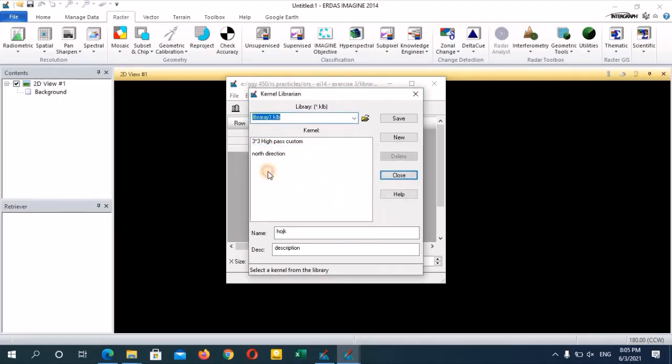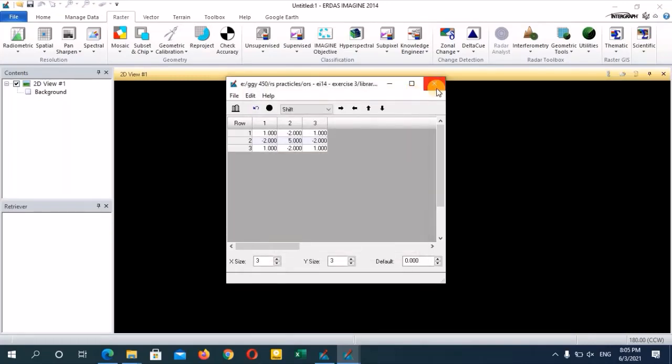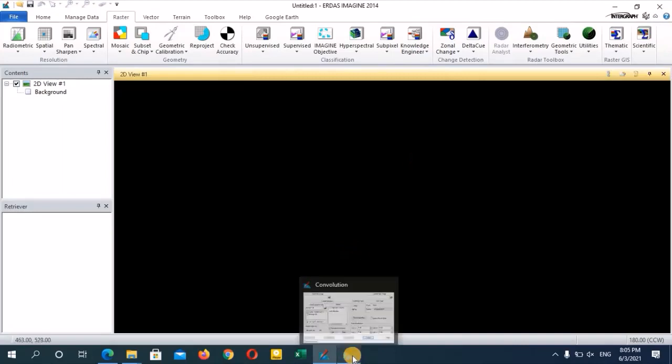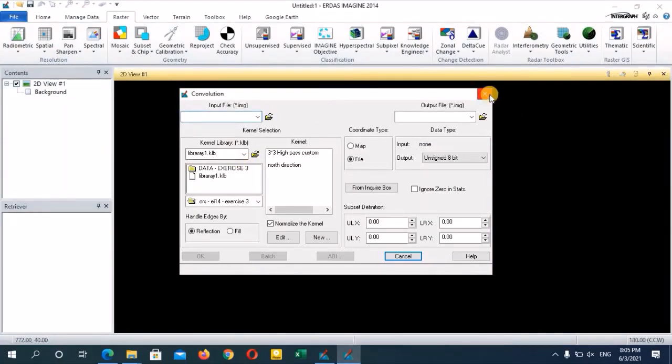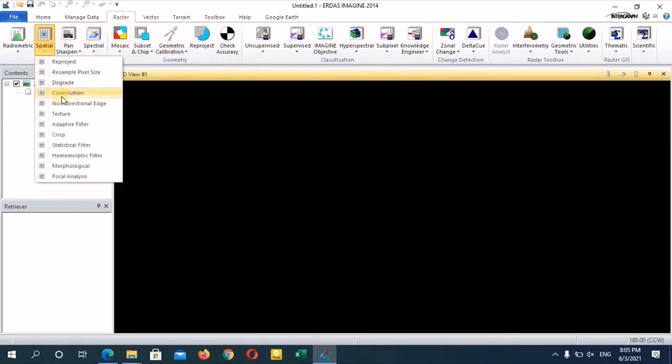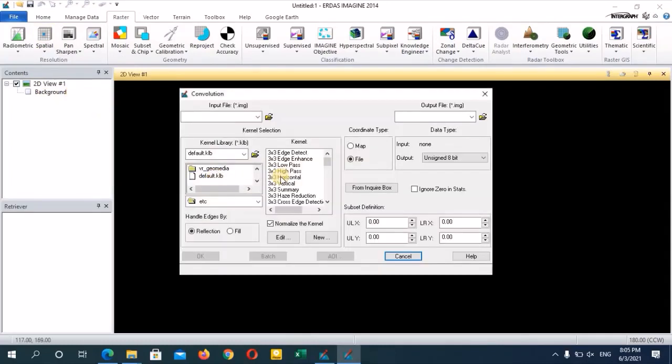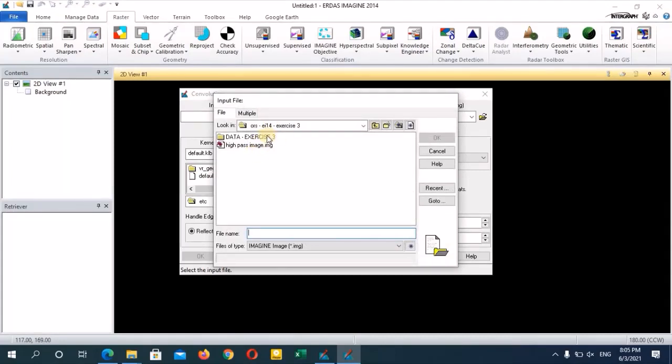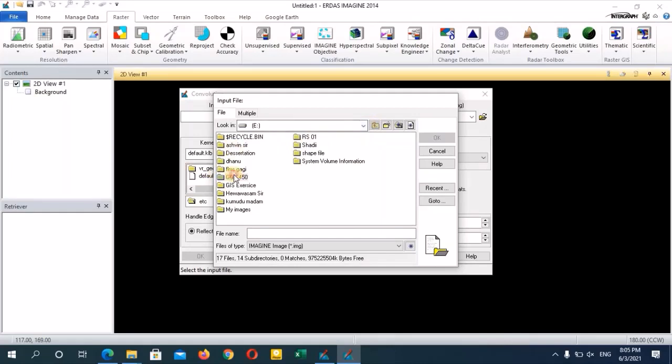Yes, right. So we have saved our new filter, which is known as the north direction filter. I'm going to close this one and let's apply our new filter. Close all this and again go to the Raster menu and Spatial, go to Convolution, then give your input image as our image, the same one,